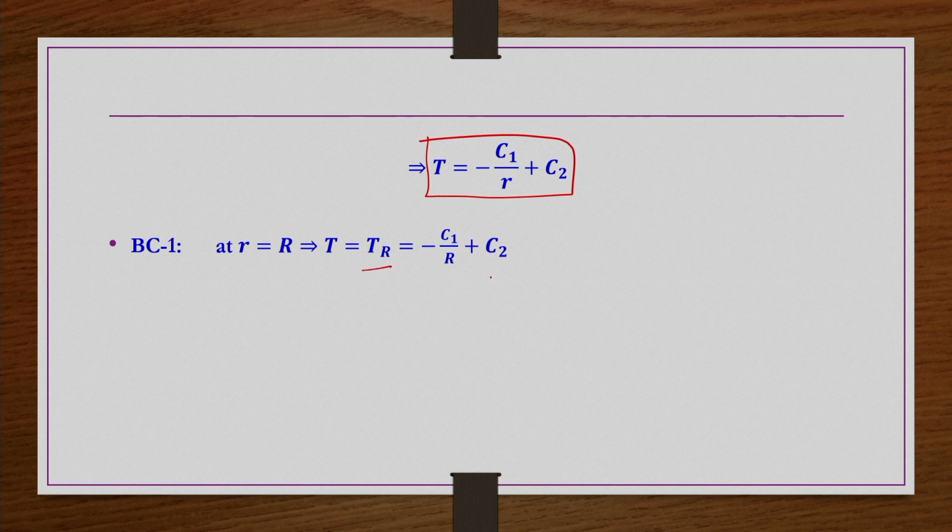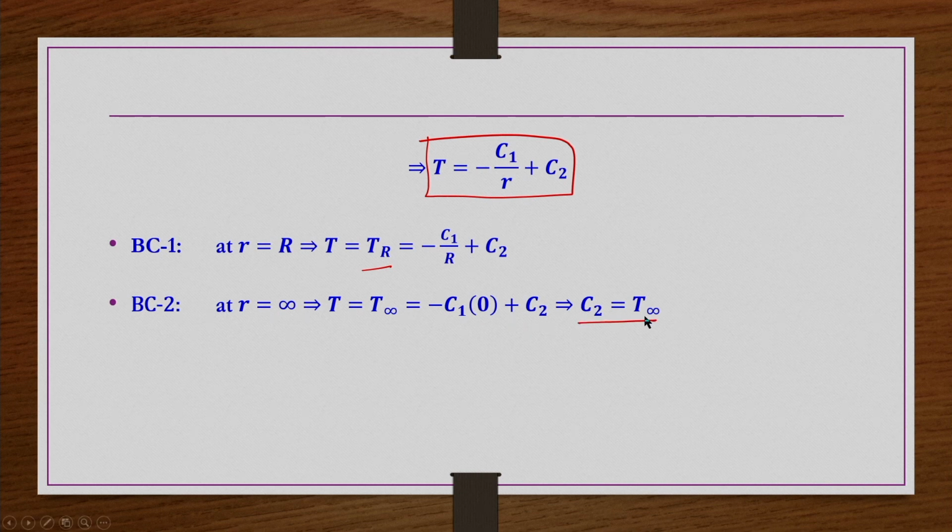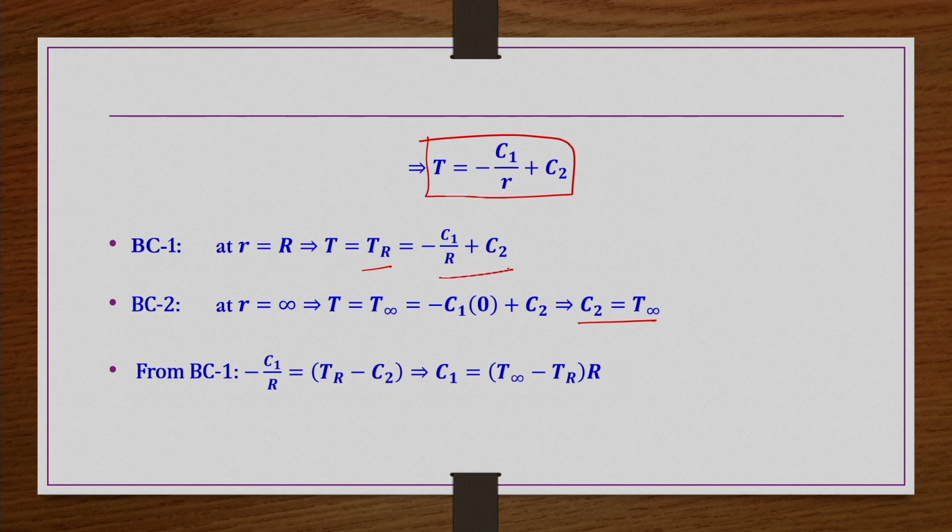So, minus C1 by R plus C2 is equal to TR. And then at R equals infinity, T is equal to T infinity, that is minus C1 divided by infinity, that is 0, plus C2. So, that means C2 is equal to T infinity. Now, from this boundary condition, if you substitute C2 equals T infinity, minus C1 by R is equal to TR minus C2, that is T infinity. So, C1 would be T infinity minus TR multiplied by R,